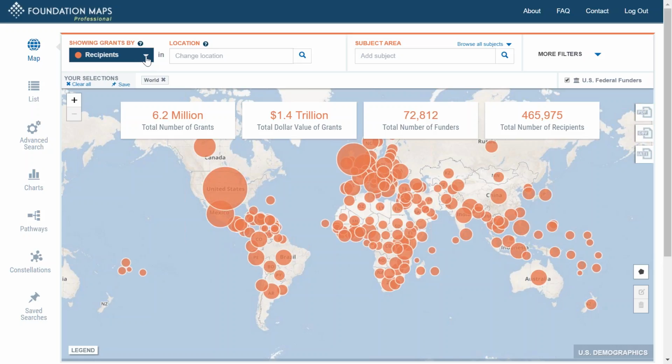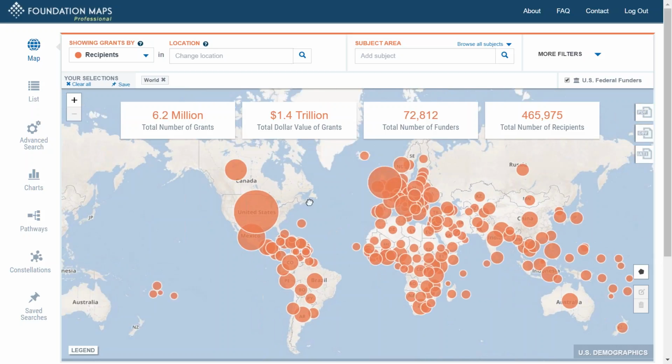So the first filter here in the upper left-hand corner allows you to see all of our data in three main ways. This is the recipient view. The recipients are signified by these different orange bubbles. It shows a concentration of funding by recipients in a specific area around the world. So if you hover over any of them, so right here I'm going to look at the United States, and then you click any of them, let me move the map slightly,